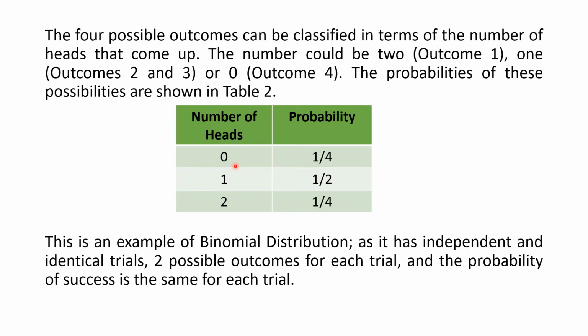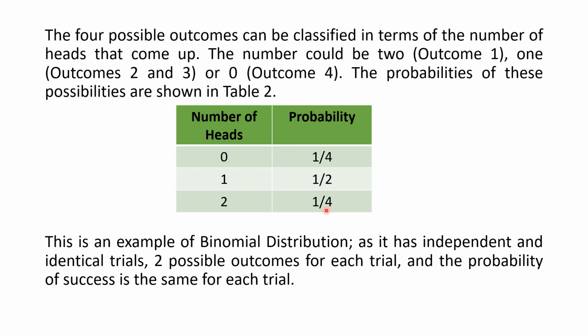Either you get one head in one of them, or you get heads for both. So the number of heads possible is 0, 1 and 2. So the probability of getting no heads is a quarter. The probability of getting one head will be half, obviously, and